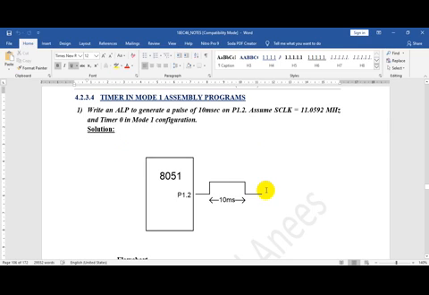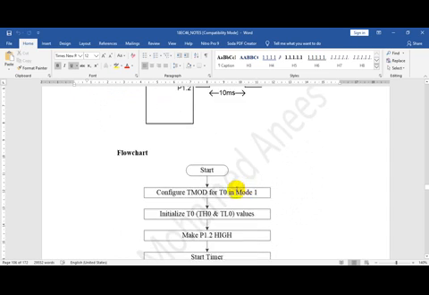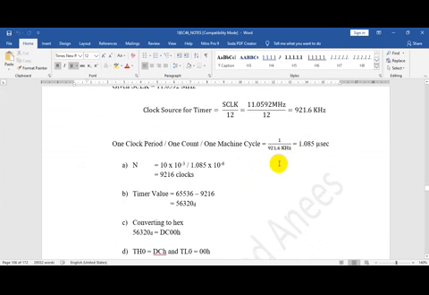It's not a square wave. It's only a pulse, which you have to generate only once. So the logic is very simple. You set the port pin P1.2, then give a delay of 10 millisecond and you make it low. That's it.